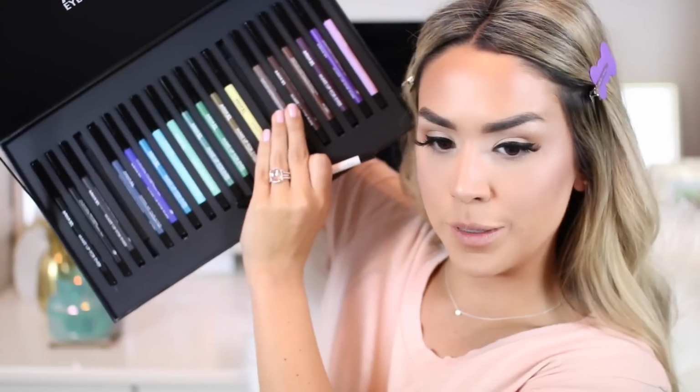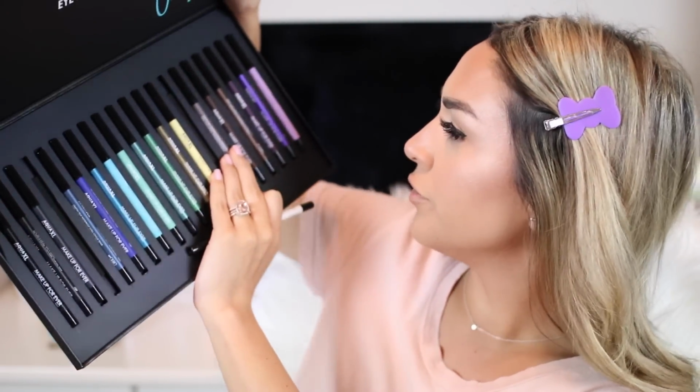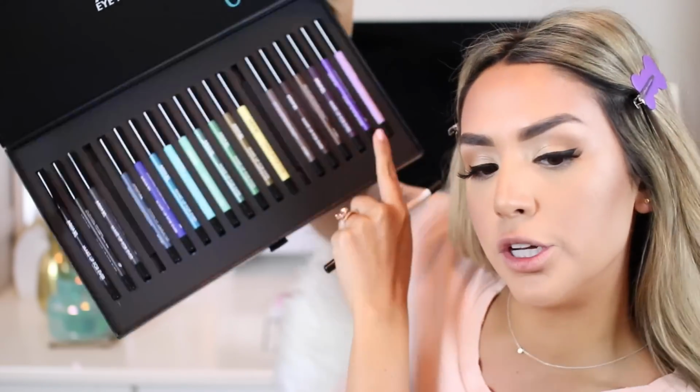So we're almost done. I'm gonna go back in with another Makeup Forever pencil. I love all of these new pencils they came out with, so I definitely wanted to do a video on them. I think it'd be fun to do a purple look too, but I'm gonna do a bronzy look today. So I'm gonna go in with number ME42. It's their bronze gold one, and I'm going to line my